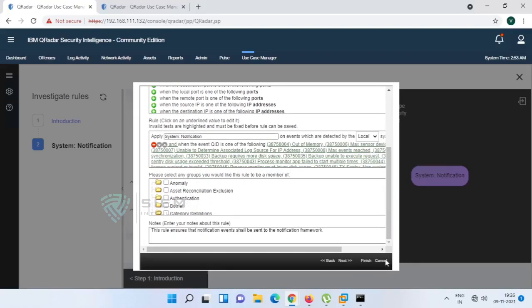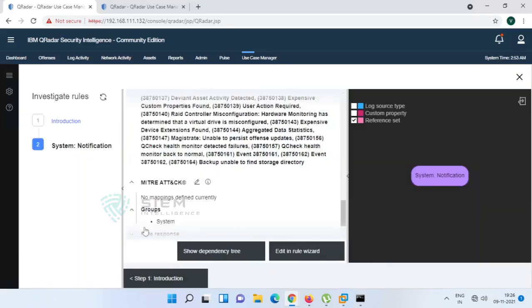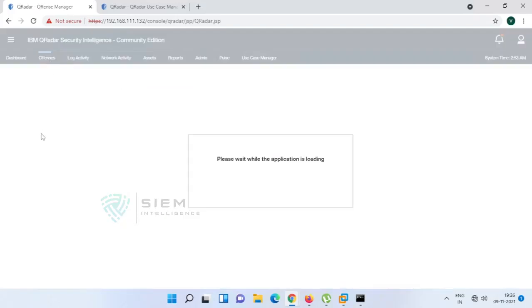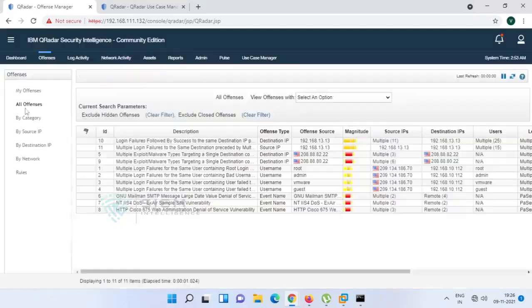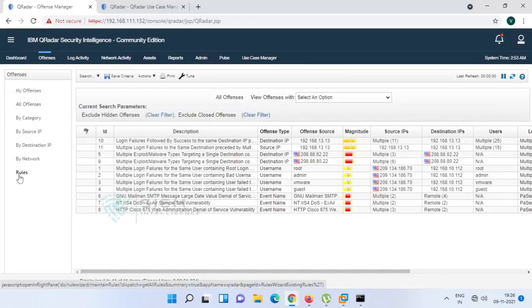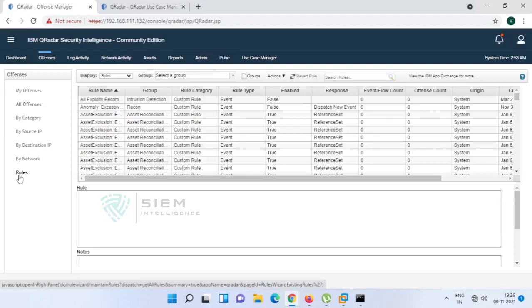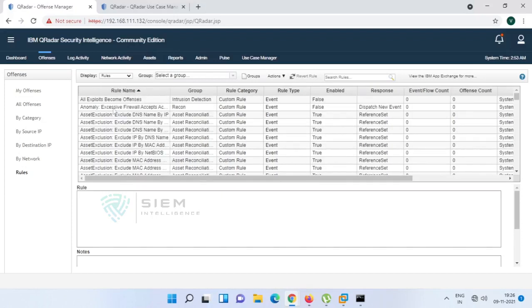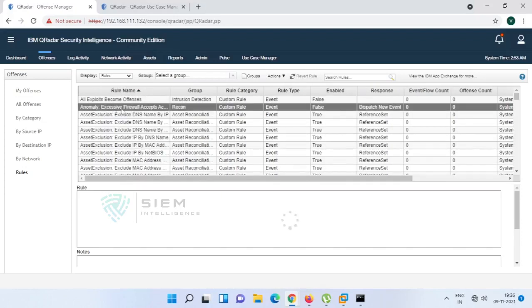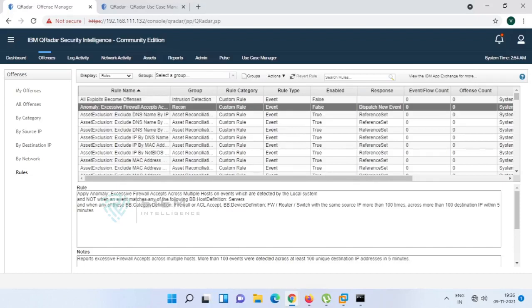So this is how you can explore your rules in a better manner. And if you see in offenses and by rule, you can't see all major activities here. You will get it something like this. In this area, if you see any rule, it may continuously insert, there may be some building block.